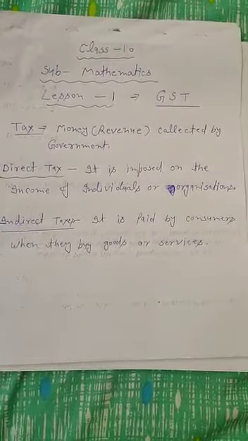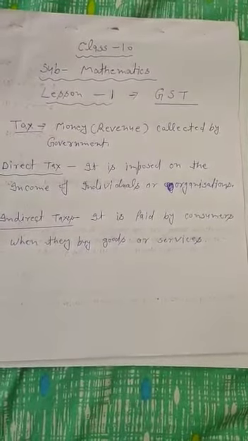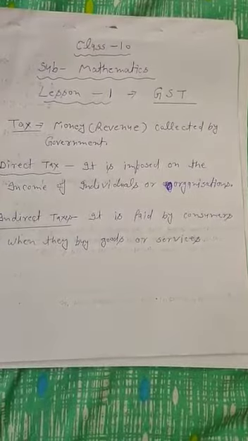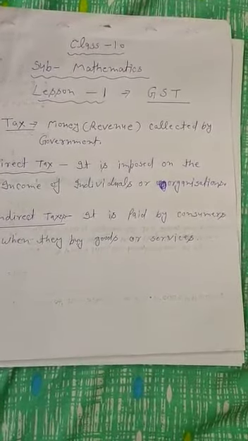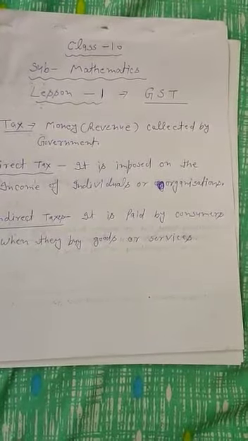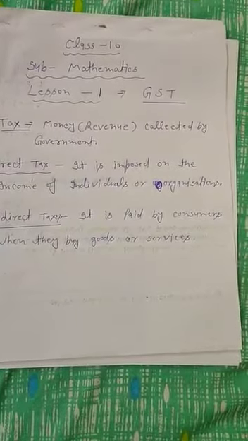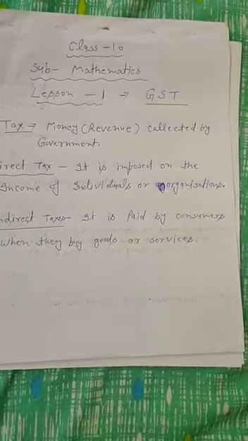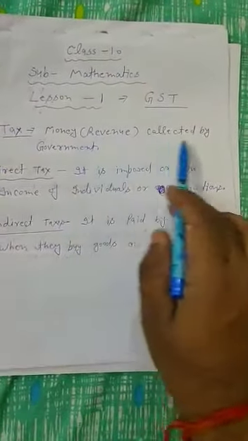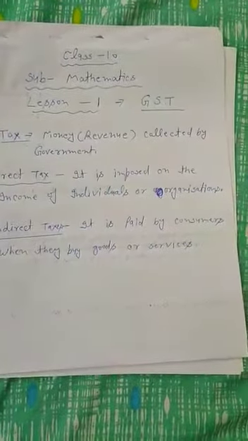For class 10th mathematics, lesson number 1 is GST. So today I am explaining lesson number one, GST. Actually, government needs money for different purposes like administrative activity, welfare, development schemes, and the salary of employees. So the money, meaning revenue, collected by the government is called a